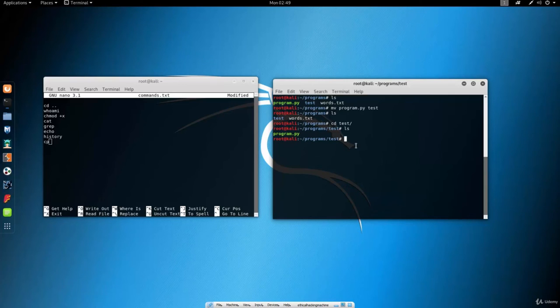Now, this command can be used for two things: in order to move files from one directory to another directory, and in order to rename files. So for example, if I type mv program.py, and then I don't specify a directory where I want to move it, but I specify another name for the file, so let's say another_name.py, which is not a directory, it is a file,